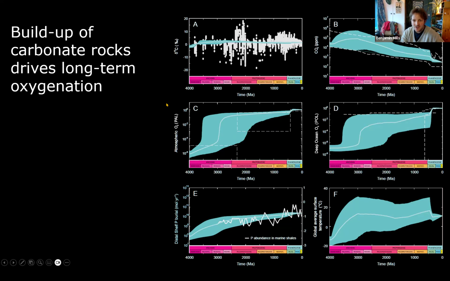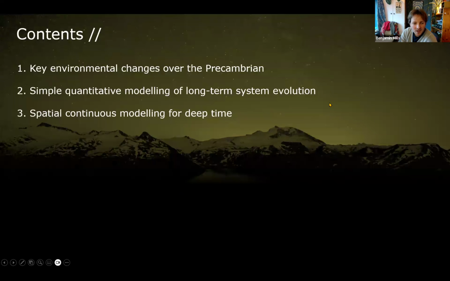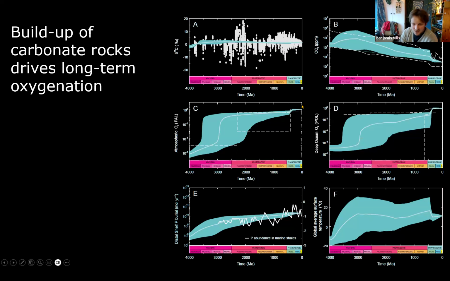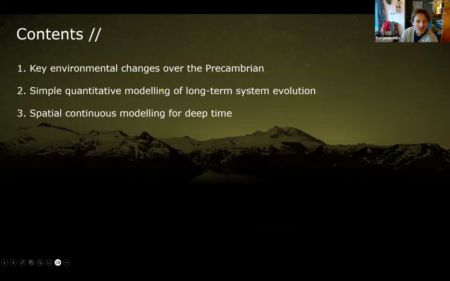Hopefully models like this will let us explore things in a bit more detail. So, we've got the Lomagundi excursion here. Having a background model that seems semi-reasonable on each side of it might help us do a bit more work on this. Obviously, we have the Mesoproterozoic, and lots of things happening in the Neoproterozoic as well. That paper is currently in press at Nature Geoscience, so you should see it out in the next few weeks. I'm interested to hear what everyone thinks about it.